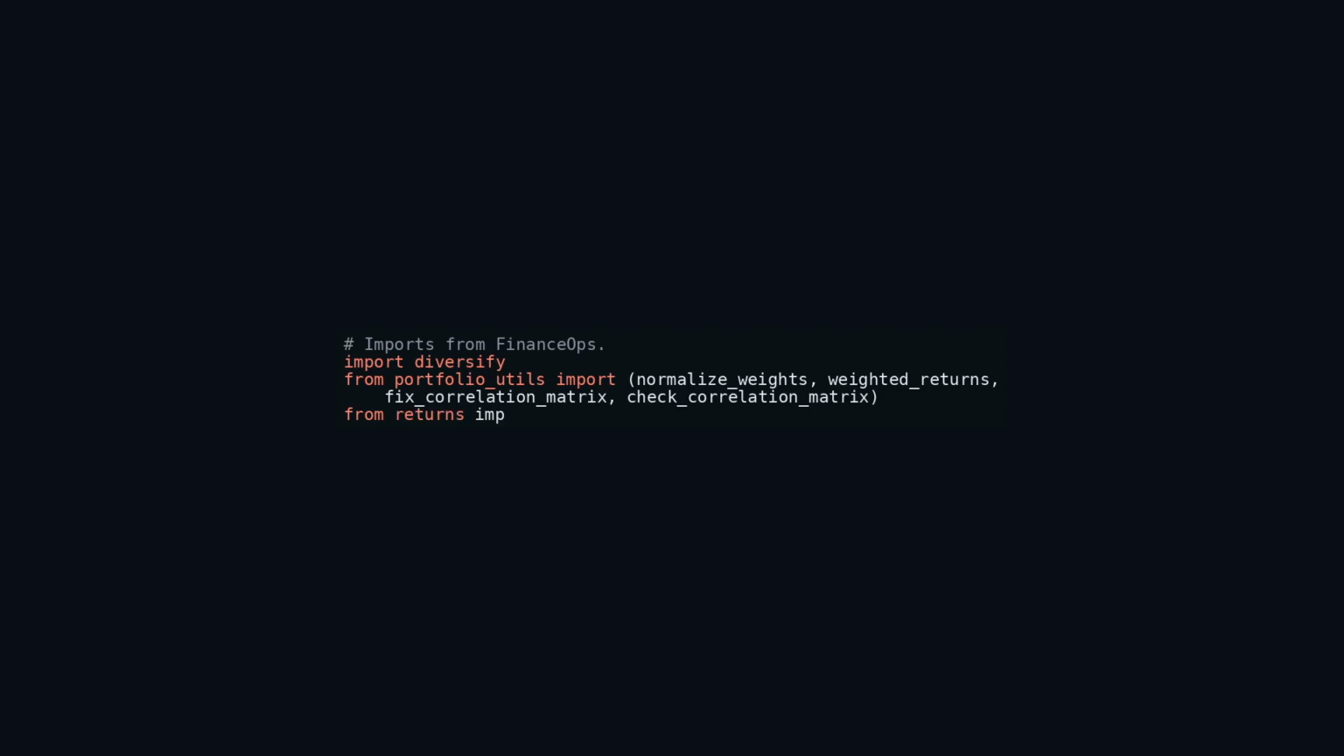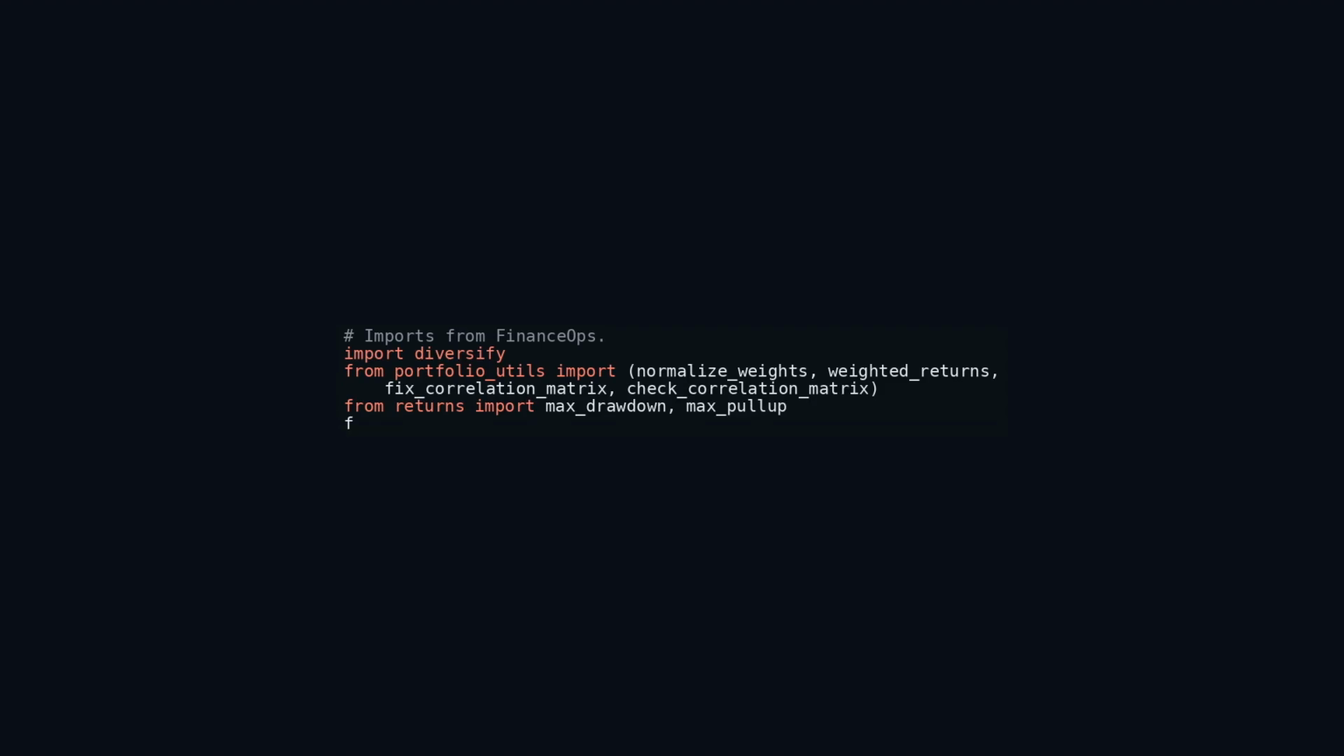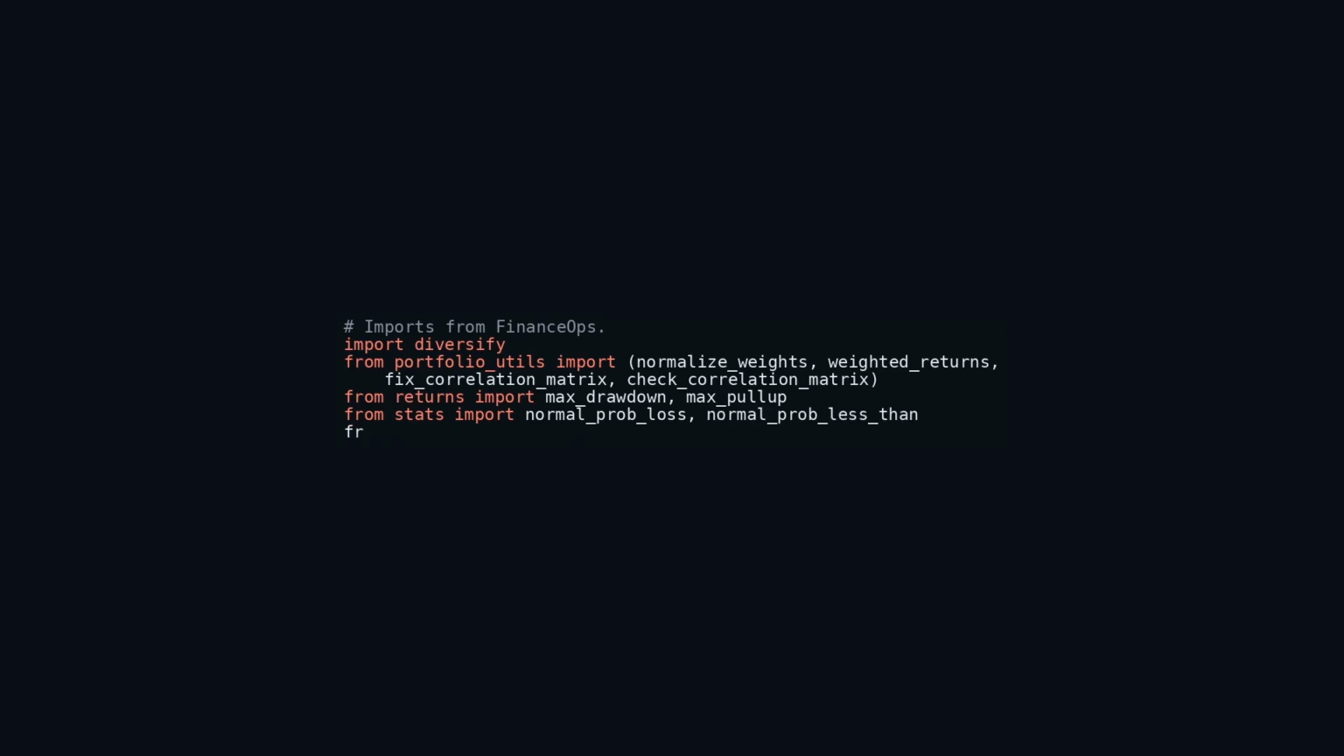The Stats module is used to compute statistics such as the normal probability of loss and normal probability less than specific values. Lastly, the Utils module consists of general utility functions like linear mapping. These imports are crucial for modularizing finance-related operations, effectively organizing the codebase, reducing redundancy, and facilitating a structured approach to